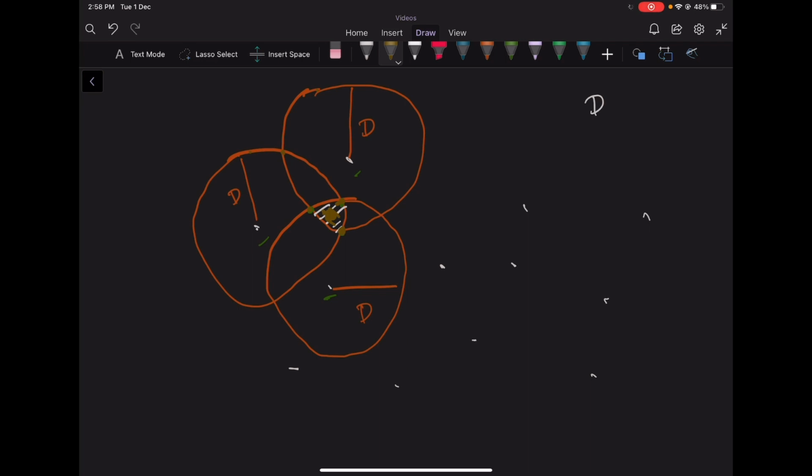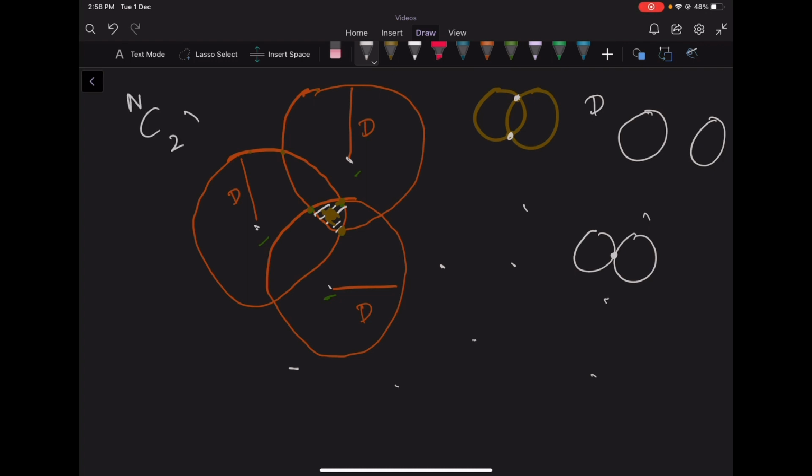So what we can do is, for every pair of circles, we'll find the intersection points. 2 circles can have at most 2 intersection points. So this can be the case for 2 intersection points. They may not intersect as well, or they can only intersect at one point. So we can have 0, 1 or 2 intersection points of circles, and so we have NC2 pairs of circles, and each pair can give us 2 candidates for red zones. So we'll have around n into n-1 candidates for red zones. These are the points we need to check if they are the red zones.